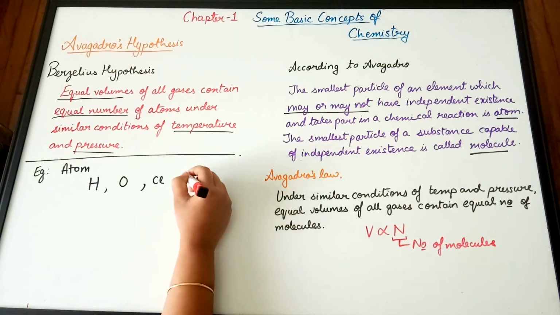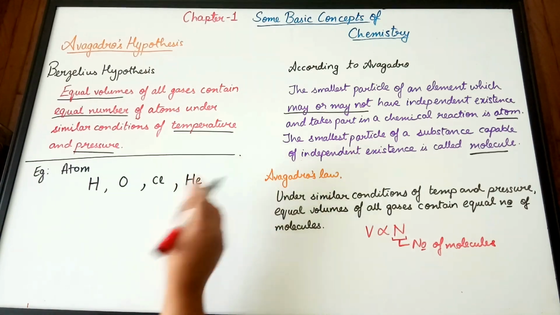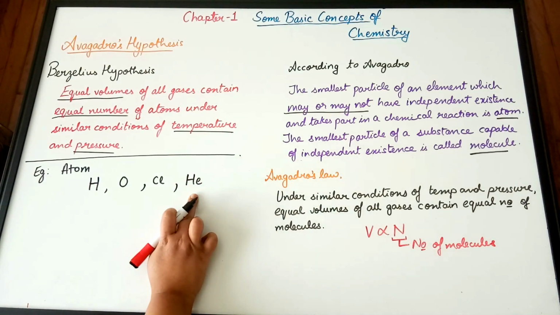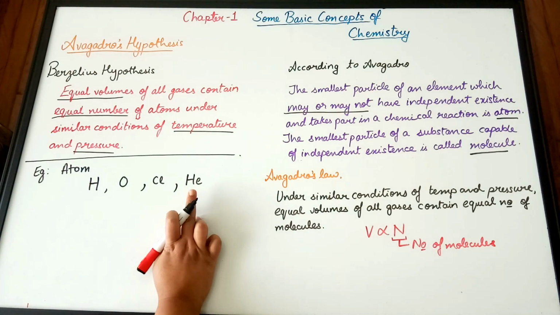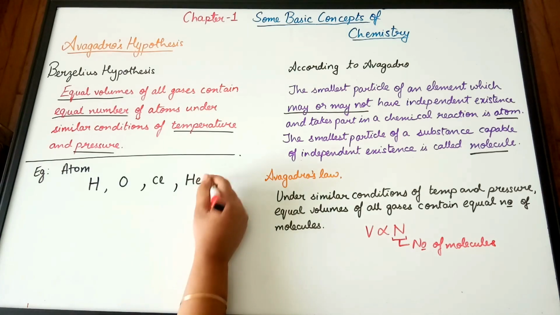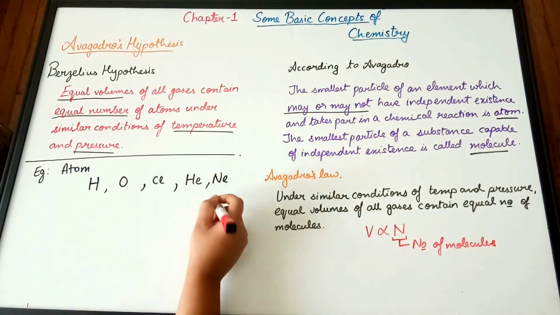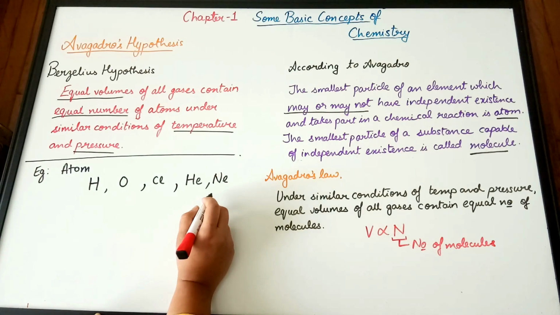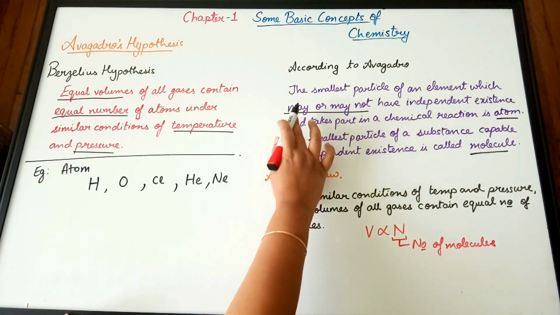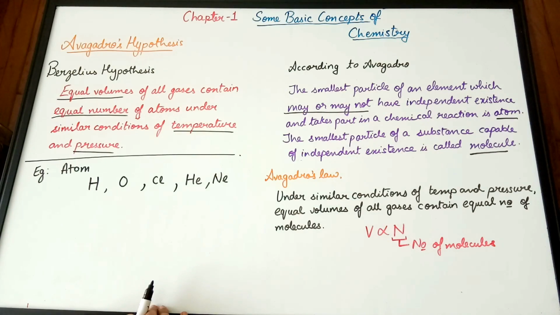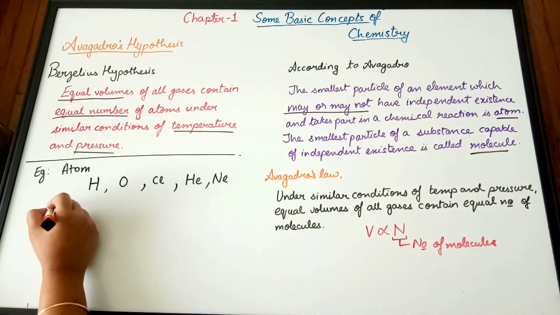When we talk about inert gases or noble gases, He, helium has independent existence, which means it can exist independently. But even then it is an atom because it is the smallest particle. Helium, neon. So all of these are examples of atoms. So you need to remember atoms may or may not have independent existence, but they take part in a chemical reaction. Molecules, on the other hand,